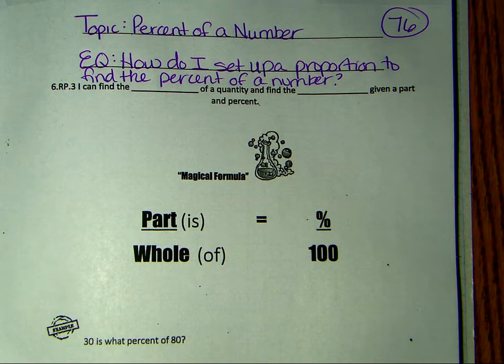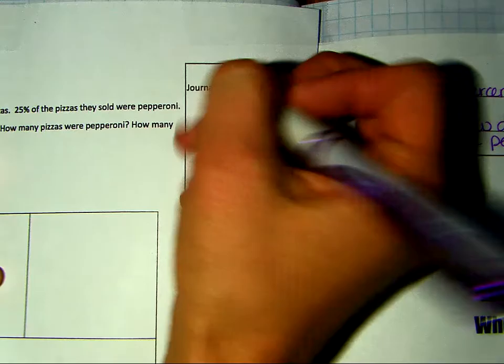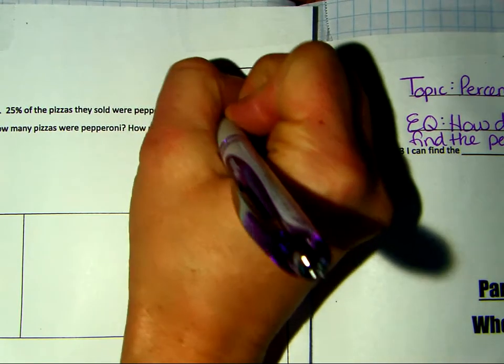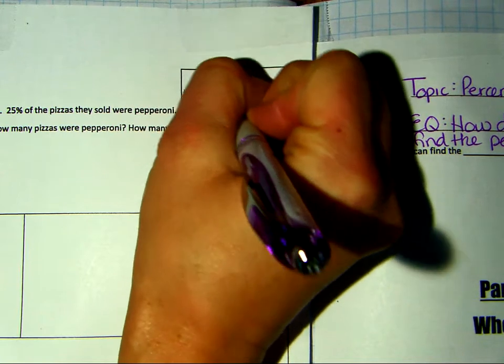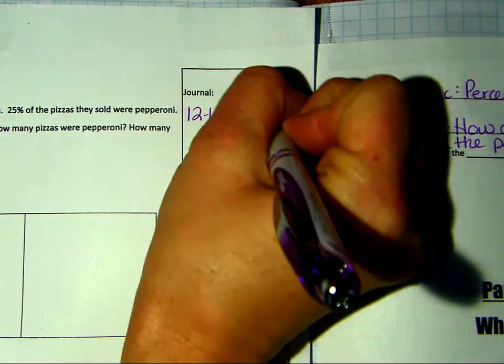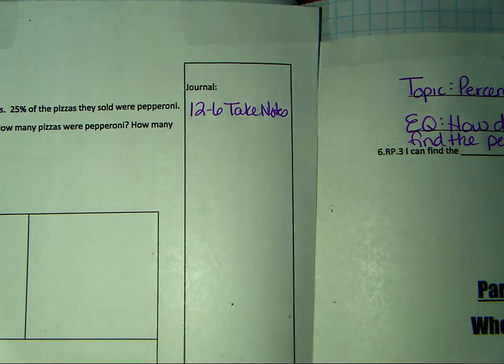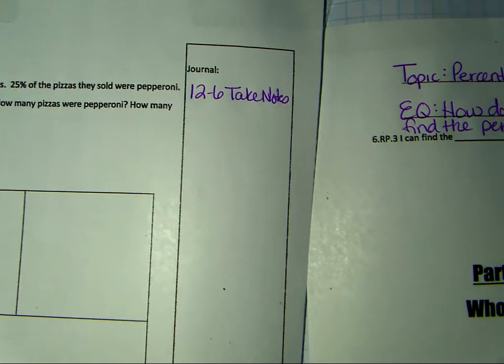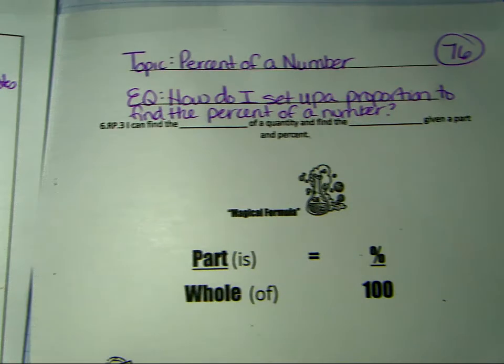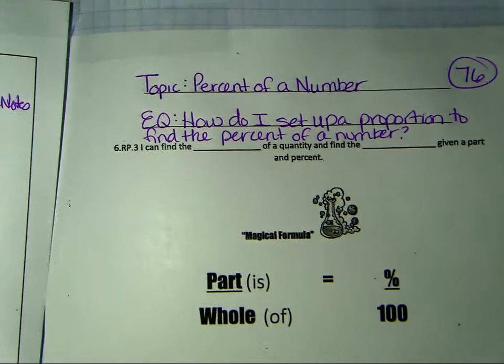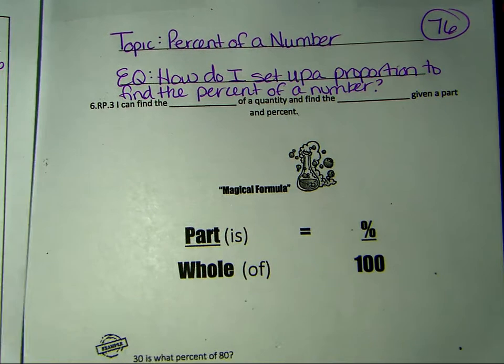Your topic, once again, percent of a number. It's going on 75 and 76 of your interactive notebook. Today we're going to put in our notes section that we're taking notes on 12-6. We want to go back and revisit these notes at least 5 times. Every time you add questions, summaries, you use the notes to do your homework, to do Khan Academy, that counts